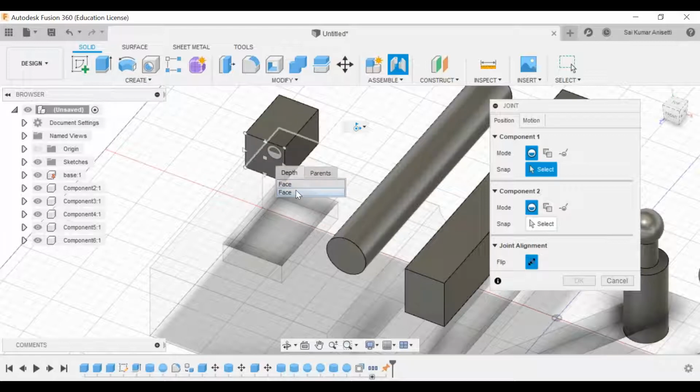Now if I select the second face, see where my screen is going to highlight, at the bottom face, right? So in order to get that, press and hold down your left mouse button. This is the shortcut. Okay, I have selected the bottom face.